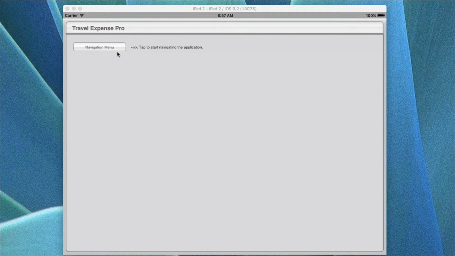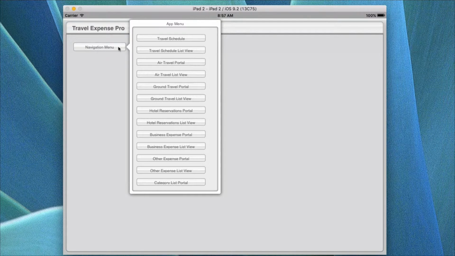Okay, let's start the tour by going through the navigation menu. You see we're pointing over here to start the navigation. This is a list of all the different screens that are in the application. You'll see for all the main screens, there's also a list view. A list view is the same fields, only it lists all the records, where this is one record. And you'll see one record, list view, one record, list view, and so forth as it goes down through the